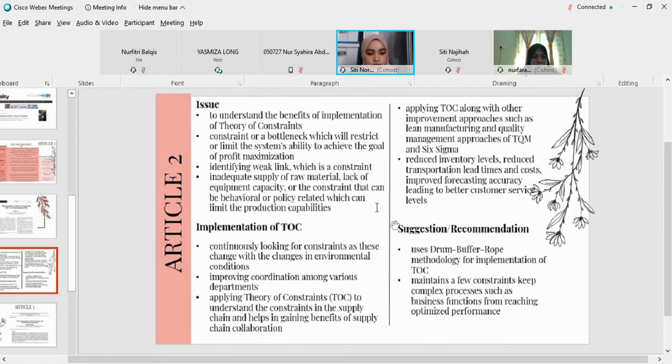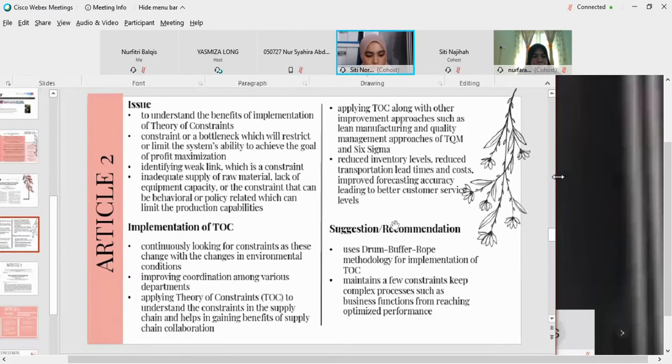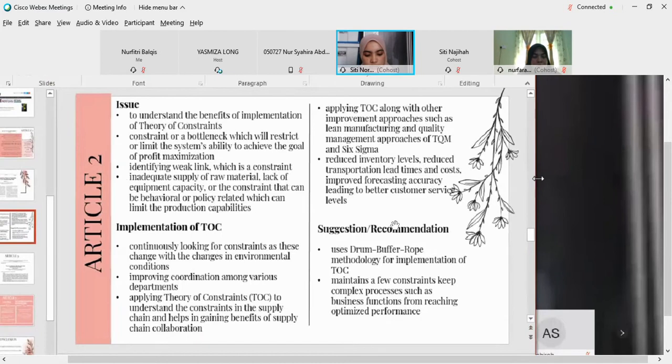The next is a suggestion or recommendation. First is to use a methodology called drum buffer rope methodology for implementation of theory of constraints. It is named after the three essential elements of the solution, which are drum, buffer, and rope. Drum is the constraint or weakest link that sets the pace of production. Buffer is the level of inventory needed to maintain consistent production, and rope is a signal generated from the buffer